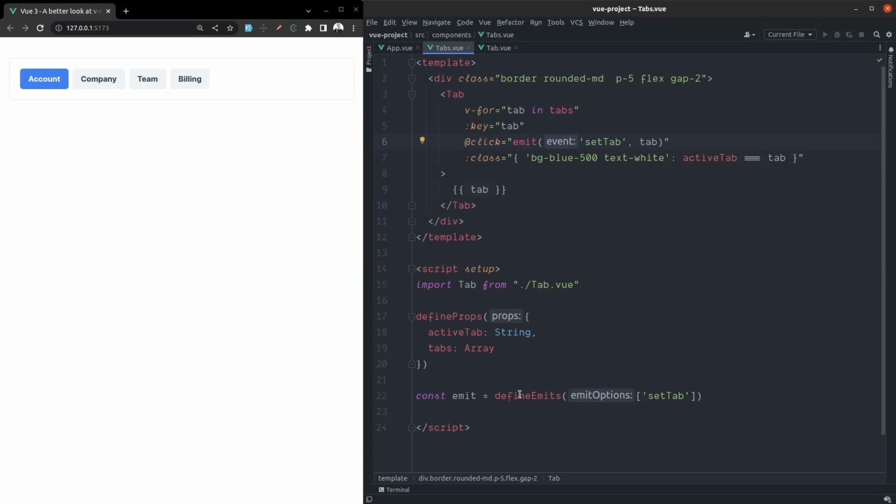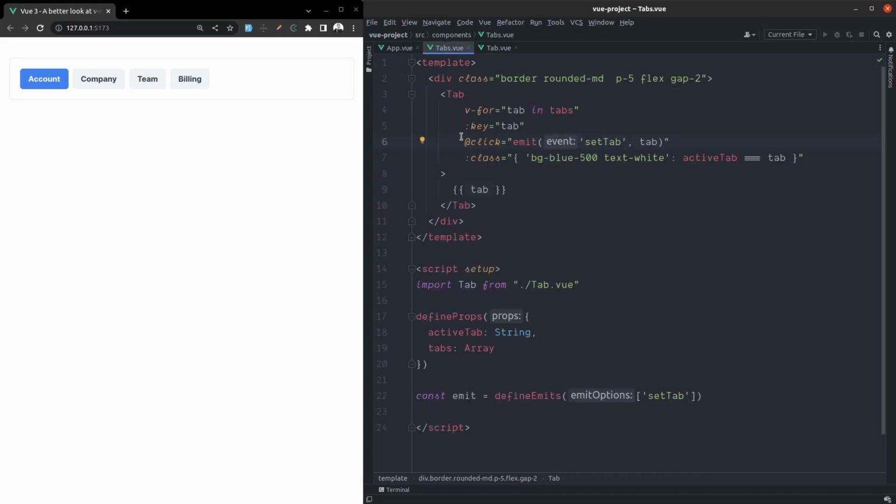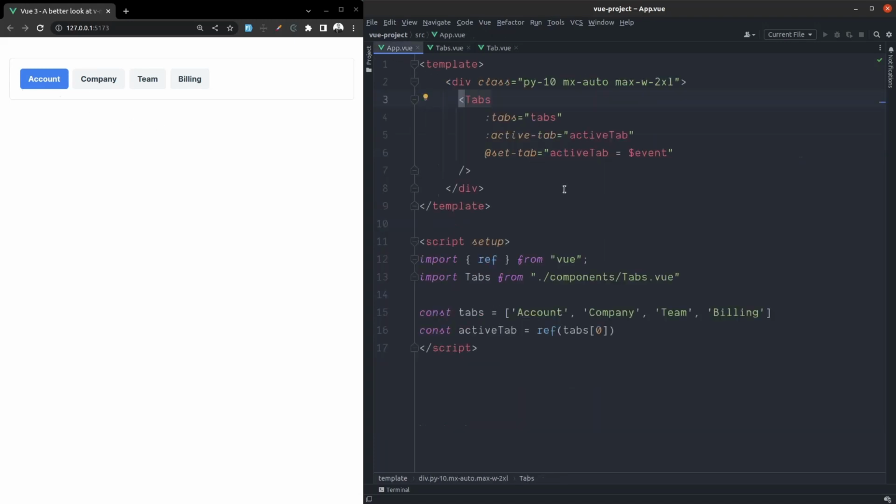As you can see, we have this set tab custom event which we use on this tab component, which is just a simple button, that's it. And we use v-for to display our tabs. On the click we emit the set tab event with our tab value, and we check if the active tab is equal to the current tab. We use a different styling to make it look like it's active, and that's all fine,